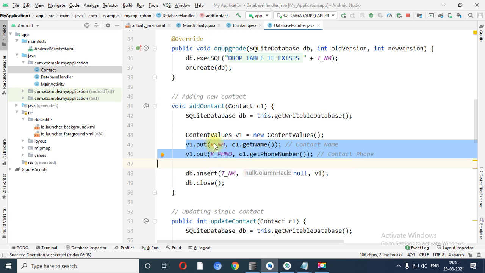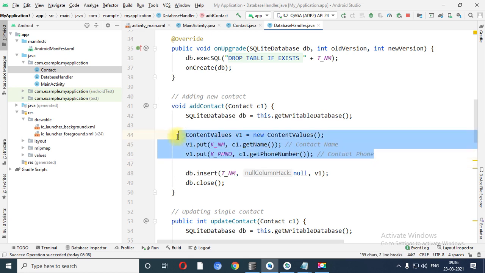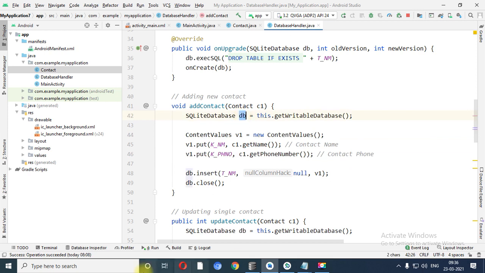Now next is what? My requirement is that after collecting these records, I want to insert them into the database. So to insert a record in the database, you need to take the object of the database, that is the db.insert method. On which table I want to insert the record? That is TABLE_NAME, that means contacts.